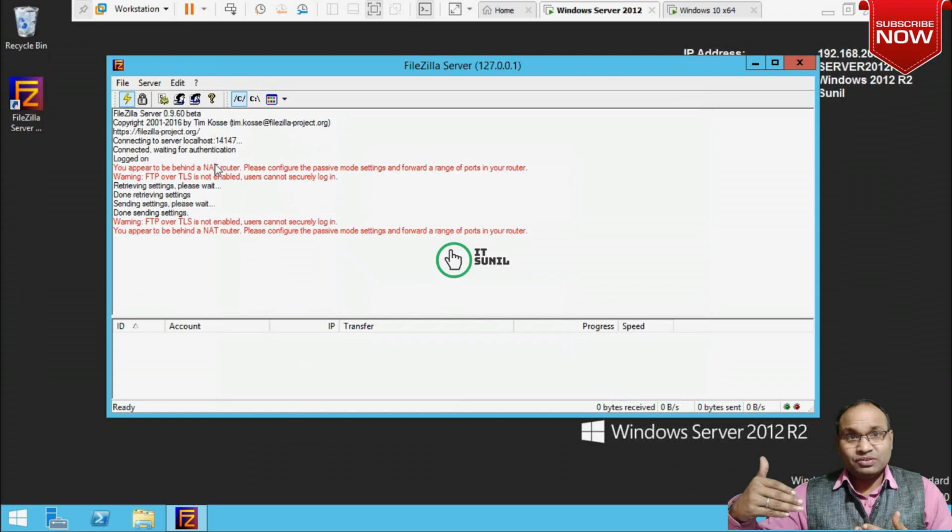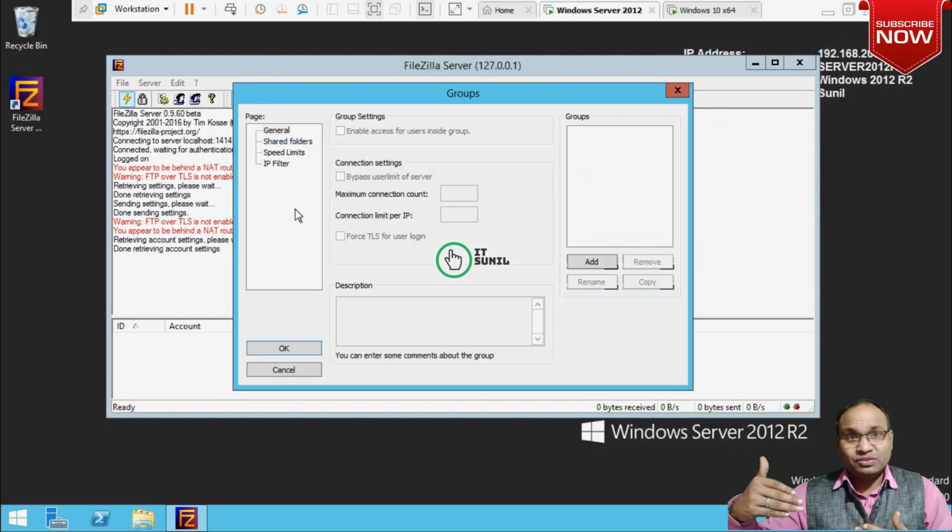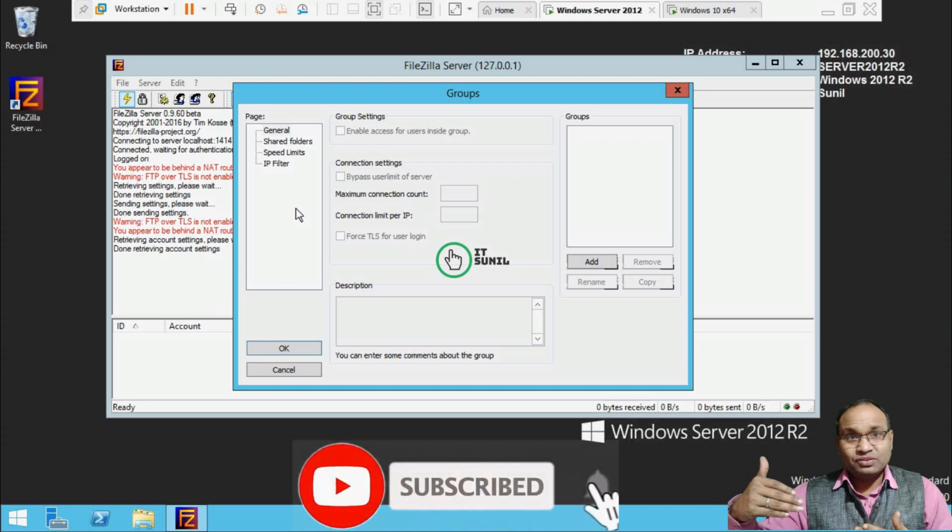Okay, so first of all I'm going to create a group. Suppose you have multiple departments like HR department, admin department, IT department, and others. So you can create a particular department name so that you can identify which department the particular user belongs to.